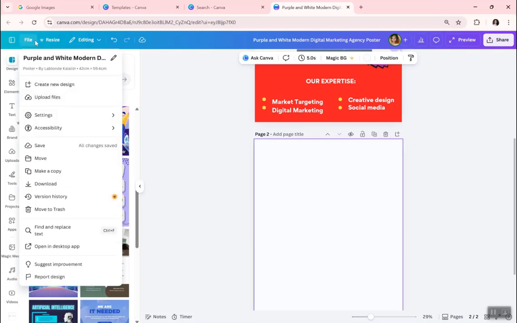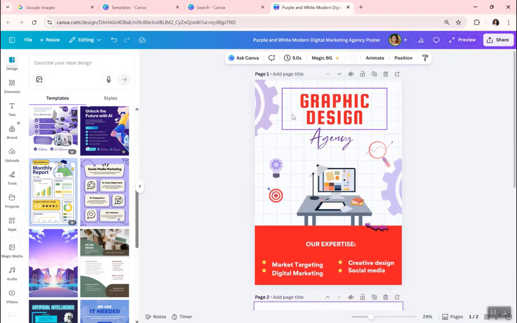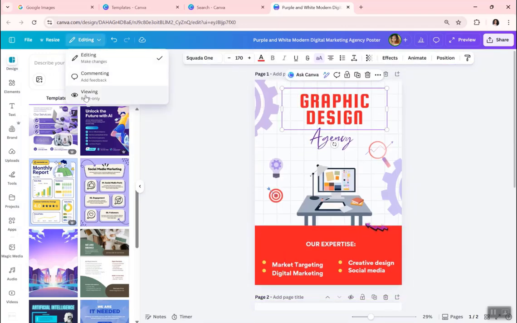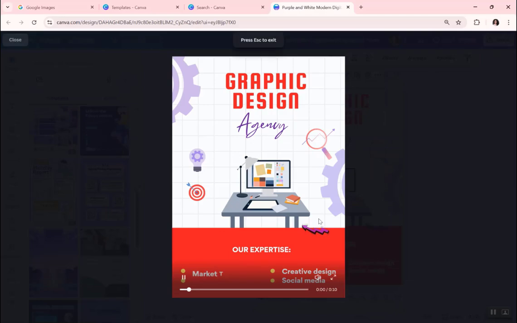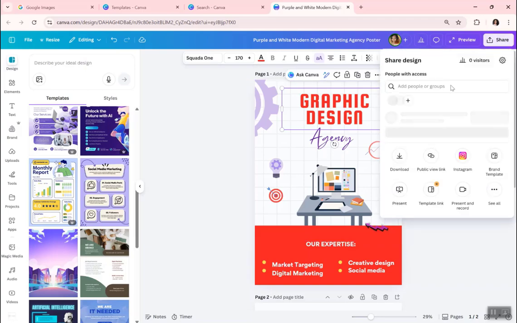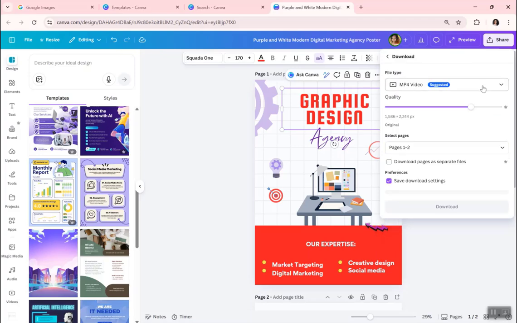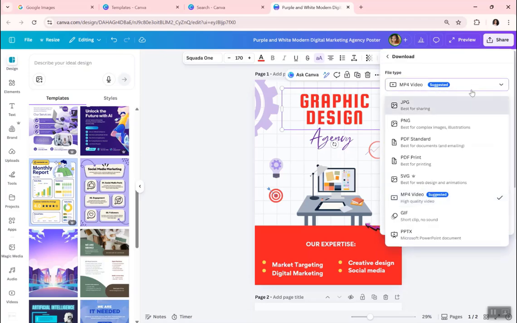So this is the file menu where you can create a new design, upload a new file, go to settings, or edit something. So I love Canva because there are a lot of things that you can do in here, right? If you want to preview your poster, you can preview it there before you download it, and then you close it. And if you want to download this, you press on share. In the share feature, there is a lot you can do. You can download this either as a video, or as a